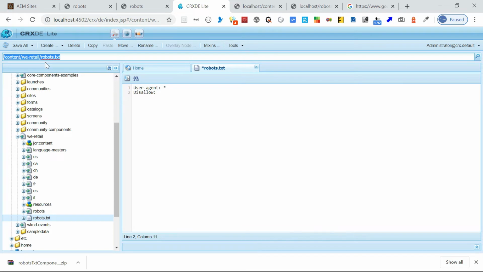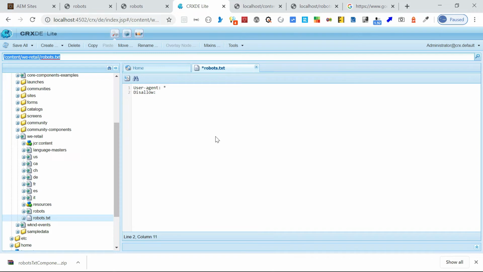In most cases this content slash vretail path will be masked from the user. So whenever the user accesses the domain slash robots.txt, this file content will be visible. This is a very easy way. But if you see here, there is no authoring capability for the user. Everything needs to be taken care of through CRXDE for all the domains. Whenever there is a change, we need to go and change the rules in all the files. So those kinds of challenges are there. Otherwise it's a very easy approach, and you don't need to put in much technical effort to manage this.